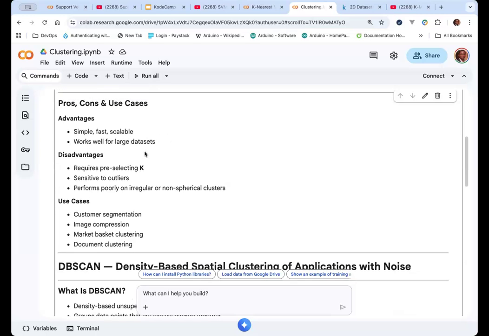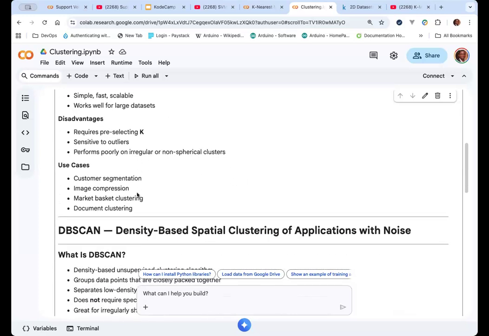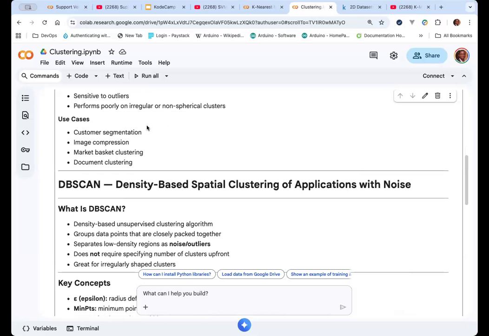Pros and cons: simple, fast, scalable. It works well for large data sets. Disadvantages: it requires pre-selecting K, sensitive to outliers, performs poorly on irregular or non-spherical clusters. Use cases: customer segmentation. So you can use K-means clustering for customer segmentation, for image compression, for market basket clustering,